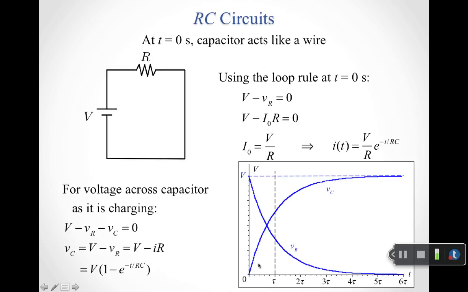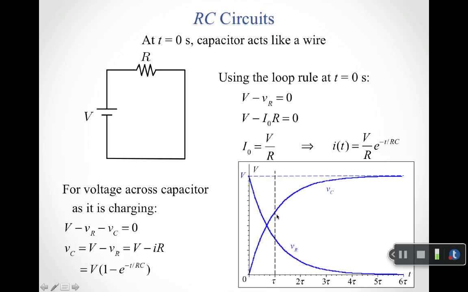And then there's the voltage across the capacitor, which is increasing as more and more charge gets put on the capacitor plates. So we have to be careful in talking about the voltage. We've got to make sure that we're precise in terms of talking about what element we care about the voltage for. And again, at one time constant, notice that the voltage of the resistor has fallen and the voltage of